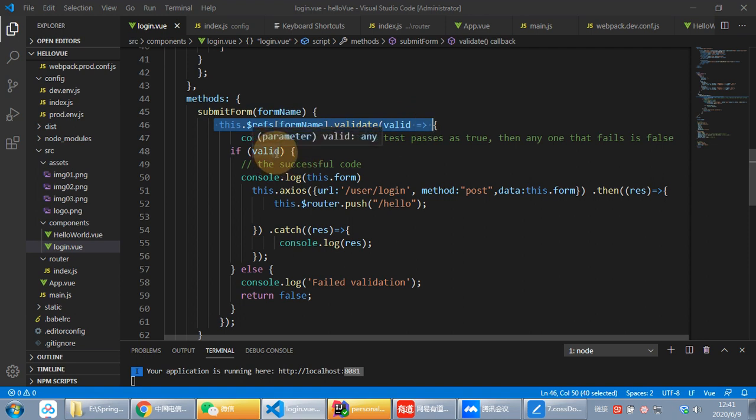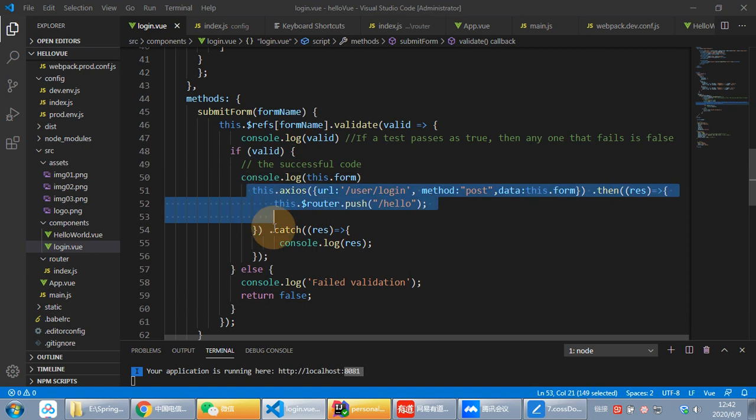If you have passed the validator, then the variable is true. If you don't pass the validation, the variable will be false. So I will judge it,